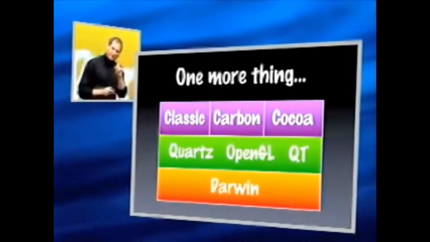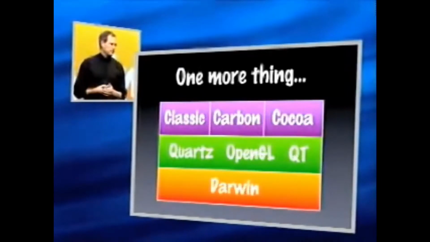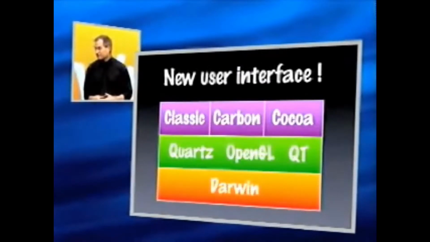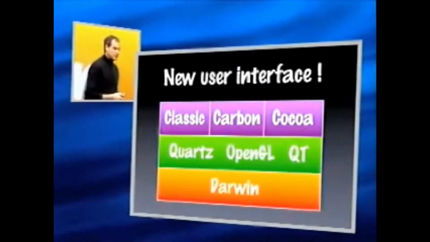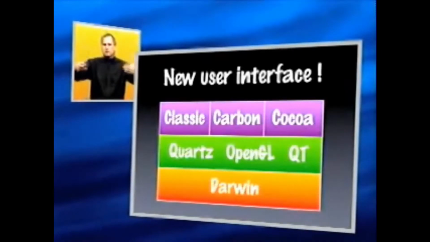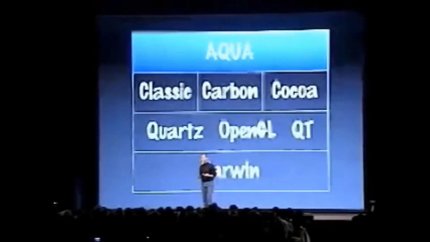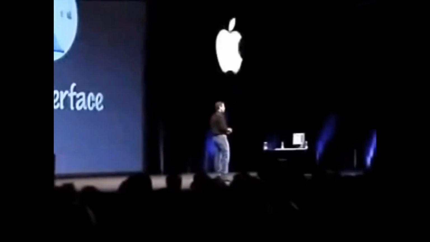Except there's one more thing. The one more thing is we have been secretly, for the last 18 months, designing a completely new user interface. And that new user interface builds on Apple's legacy and carries it into the next century. And we call that new user interface AQUA because it's liquid. One of the design goals was when you saw it, you wanted to lick it. And so we call it AQUA, and this is the architecture for Mac OS 10. And we are incredibly, incredibly excited and pleased with how this has turned out.